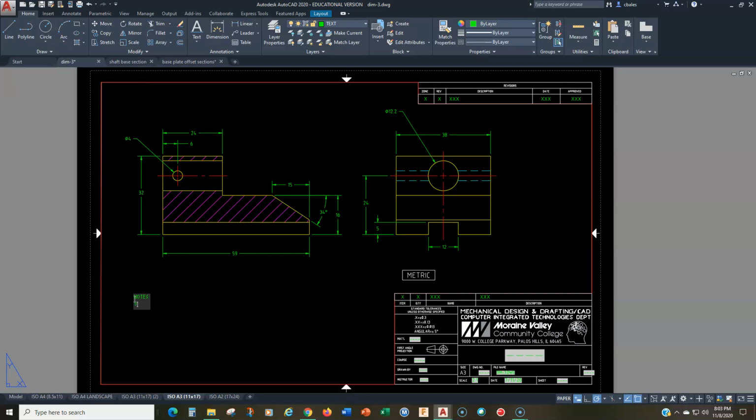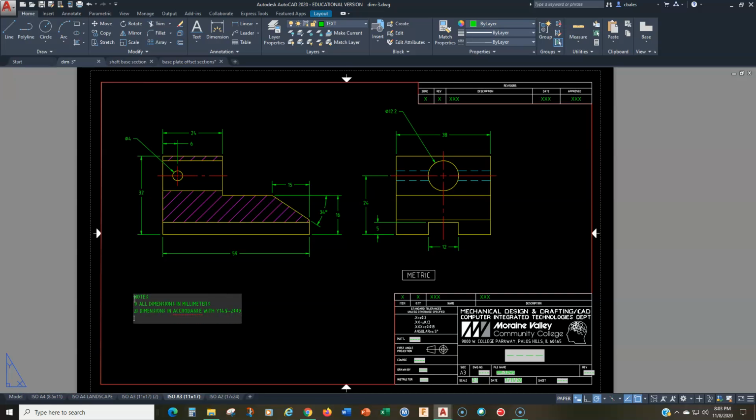And we say 1, all dimensions in millimeters. 2, spell right, dimensions in accordance with